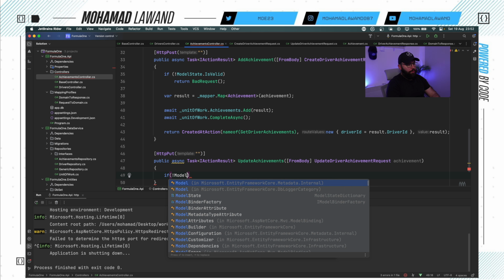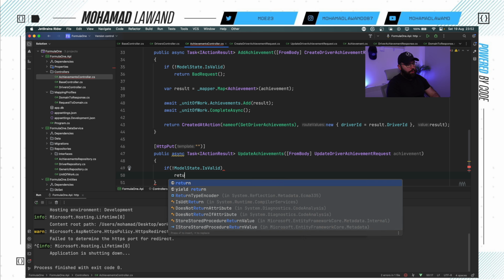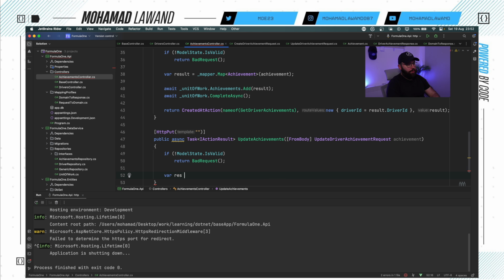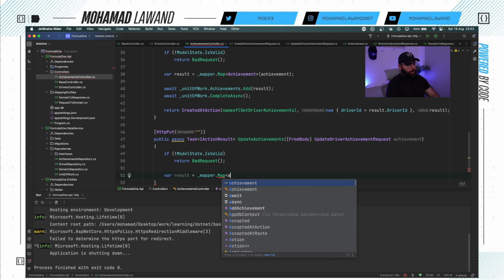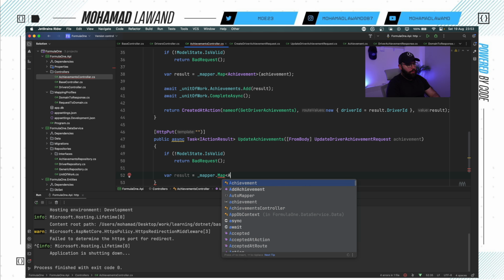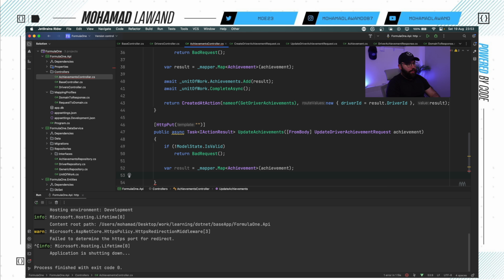If not equal model state.isValid, return bad request, else var result equal underscore mapper dot map achievement with achievement. So we're converting from update driver achievement request to an achievement, and then from there what I'm doing is